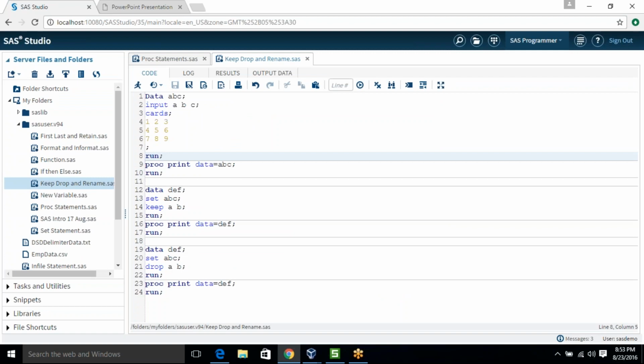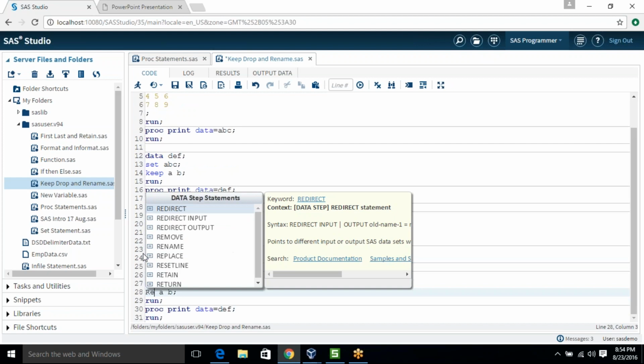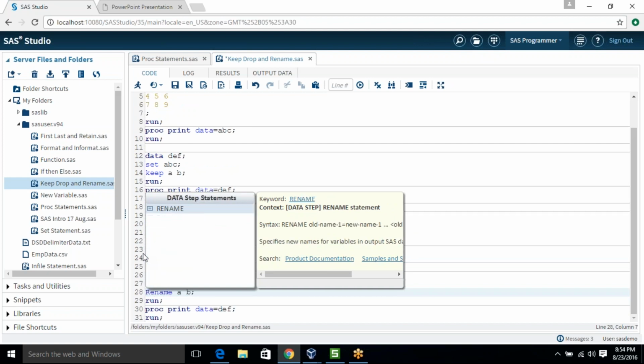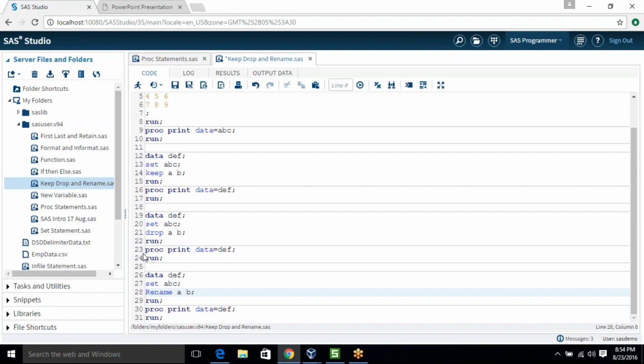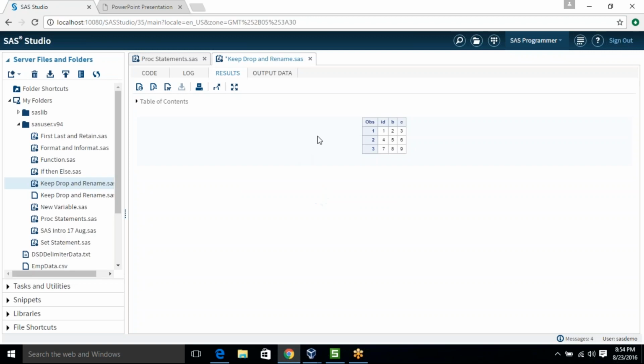and the next one is very important, the rename. Okay, if you have to rename your variable name, then you can use the rename option or rename statement. Again, I am using the same example. Rename your old variable name. So I am replacing A with ID. Okay. So here you can see that A has been renamed with ID.